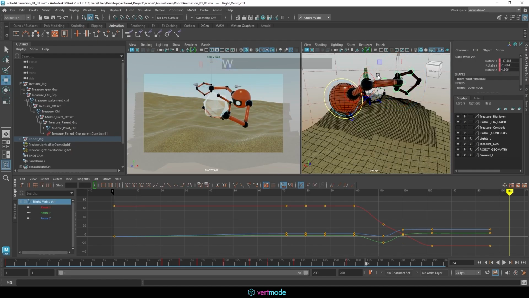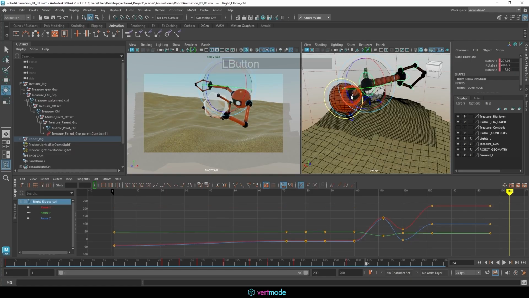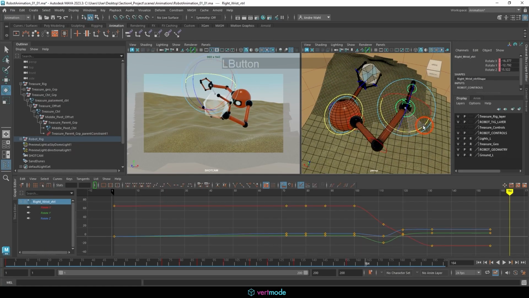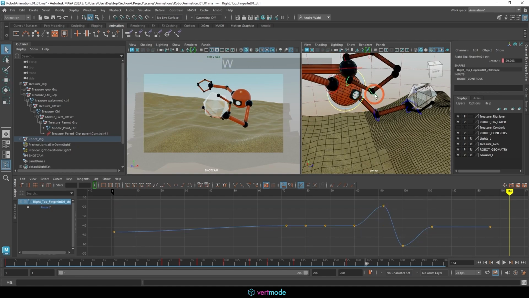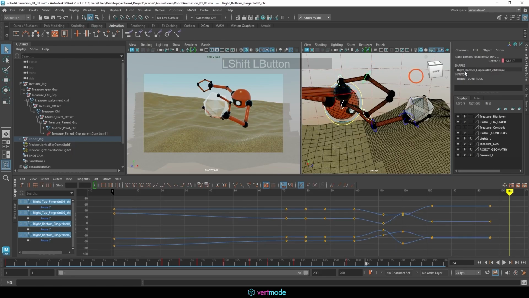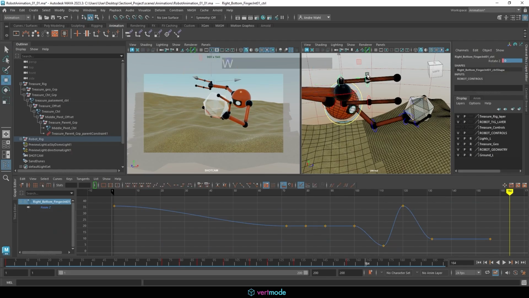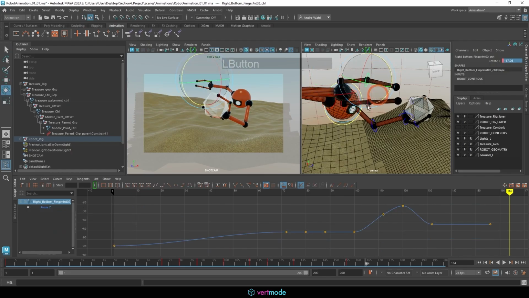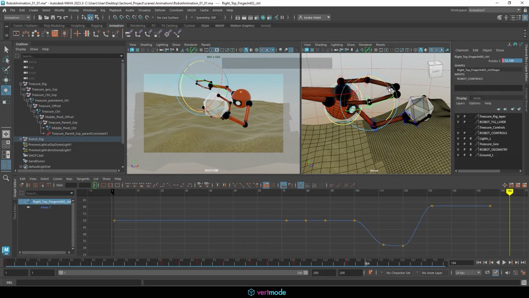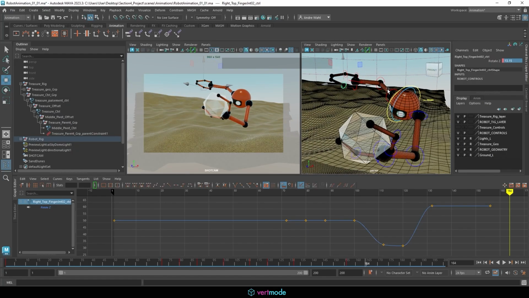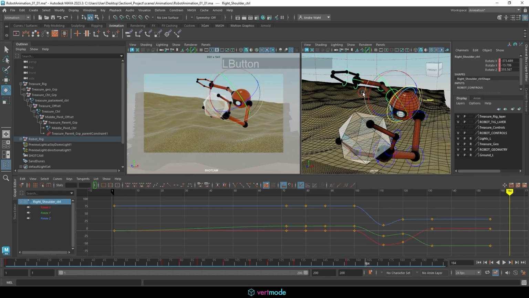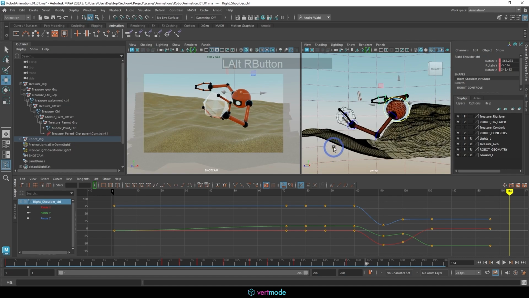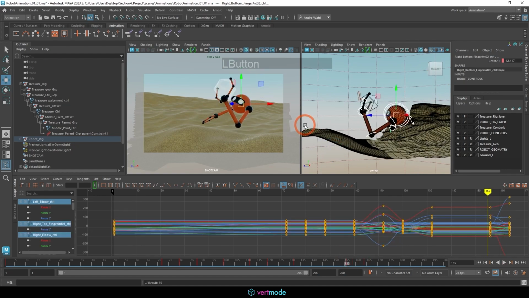And we want to make sure that it's reading clearly as whatever the action is we're trying to do, which can be challenging at times, especially when you're doing this anthropomorphic type stuff. What I might do here is explore what it would look like to set these back to 0 and bring them together this way so that they're very narrow in design. And I think that looks pretty good. And we'll have to see this one through, just see how this action goes. Sometimes you don't know how something's going to look till you get the keyframes in there, and you have to tweak it after. But we'll go ahead and hit the S frame on that and just see how that looks